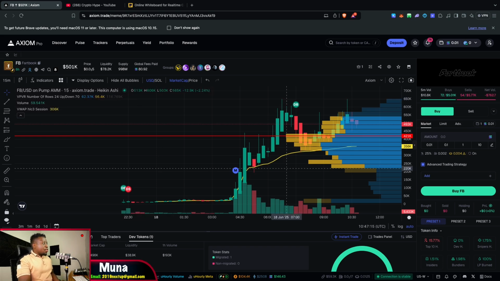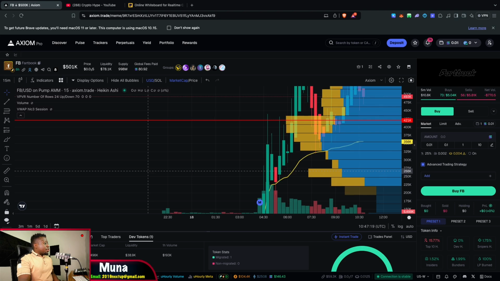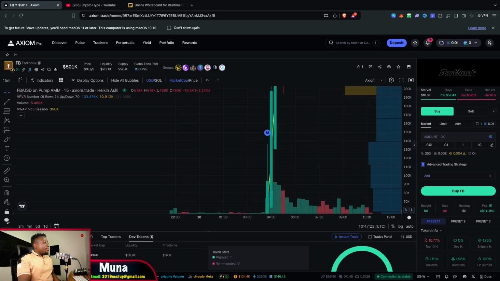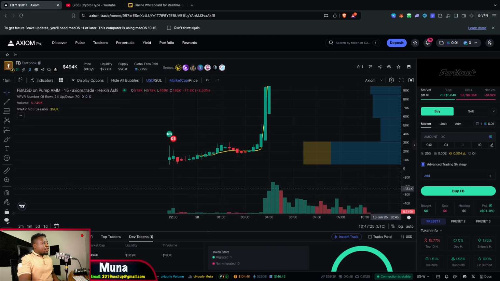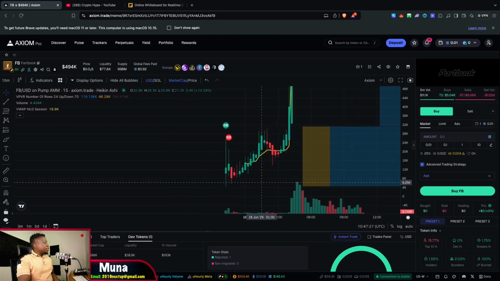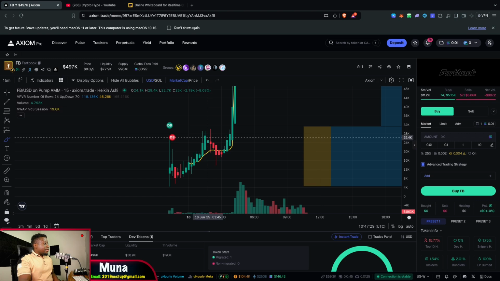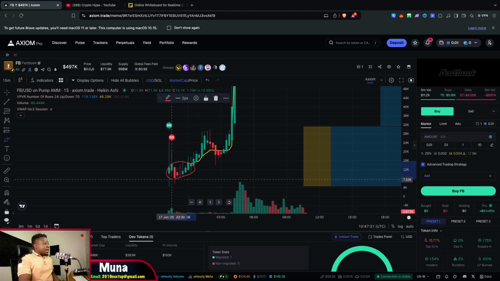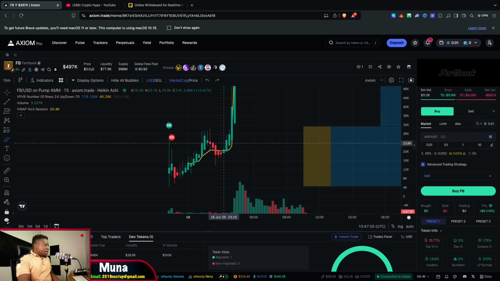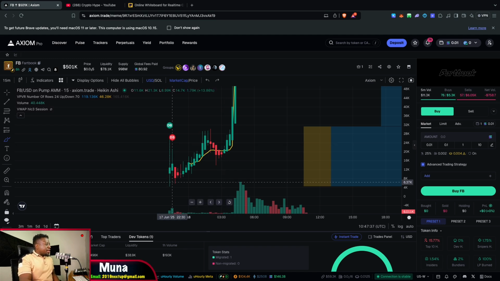So as you can see, this coin was created about 6 hours ago, and if we enhance the charts right over here, we can see that based on our understanding of how we're supposed to time our entries, this particular time frame, either here or there, could have been the perfect entry. However, when the coin was created, you just couldn't have gone with this particular data right over here, because